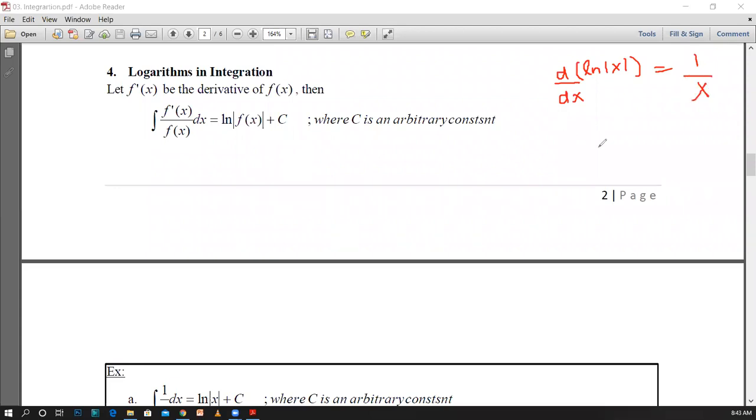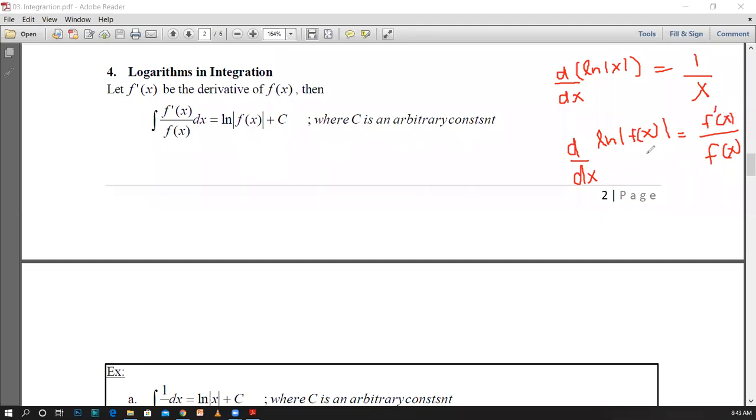And if you have the function in the logarithmic form ln f(x), in the derivative with respect to x for this function, first of all, you wrote the function inside this natural logarithm as the denominator, and then you considered the derivative of f(x) as the numerator. Therefore, you wrote this as f dash x.